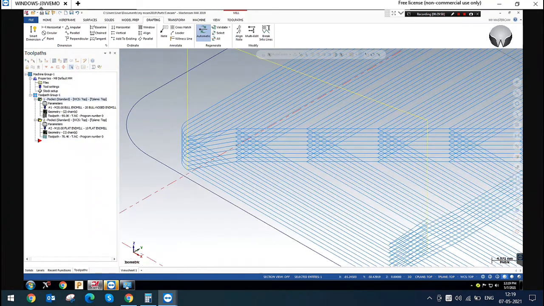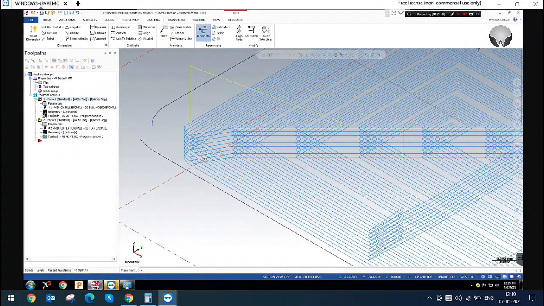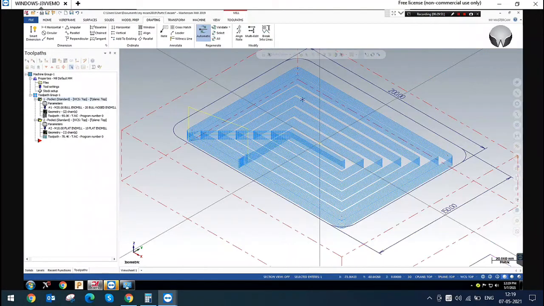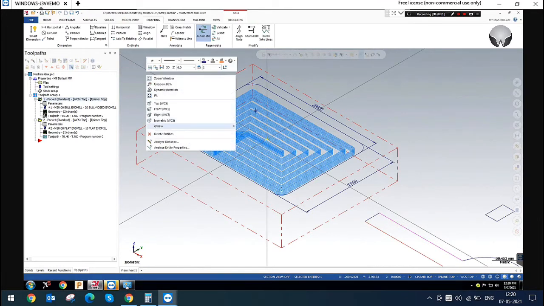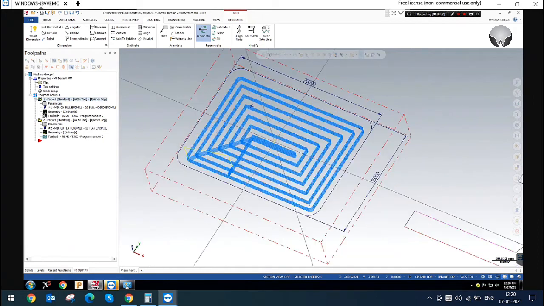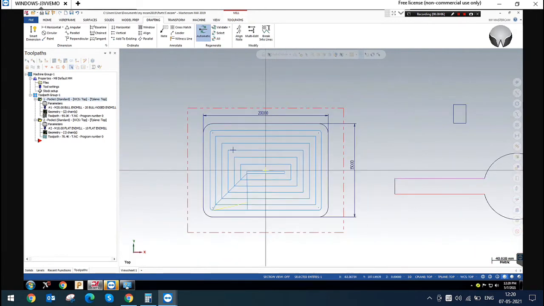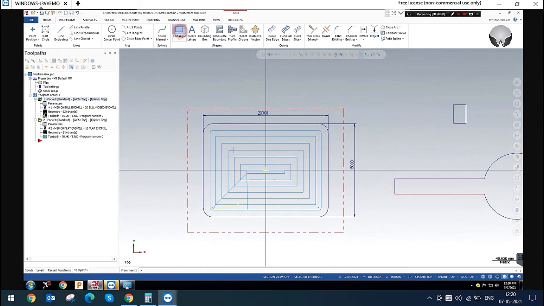Now we are going to see what an island is. This is your pocket, right? You have to machine this cavity.